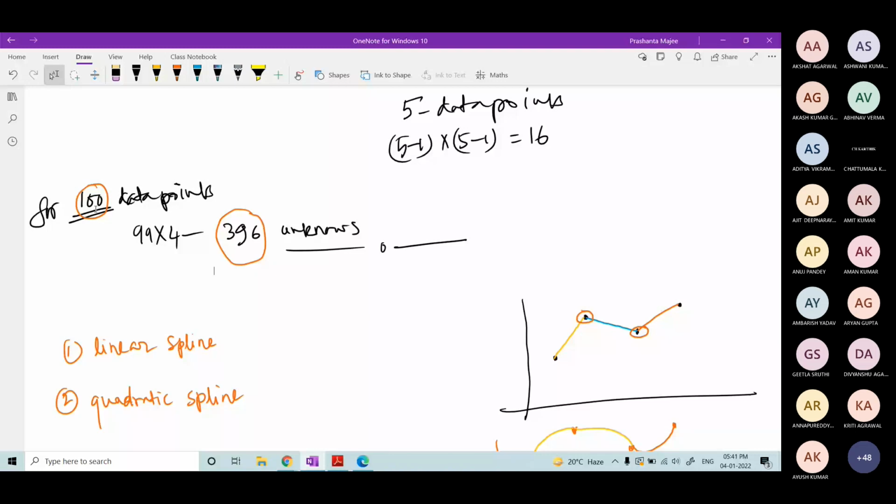And in formula 11, it will have a very simplified form. Since the data points are evenly spaced, what will happen? hi will be the same as hi plus 1, which will be, suppose, h. So you replace hi plus 1 by h if the data points are evenly spaced. Then you will have this simplified form. The system of equations reduces to this: mi minus 1 plus 4 times mi plus mi plus 1 equals 6 by h square times y i minus 1 minus 2 times yi plus yi plus 1. And the formula for Si(x) will be given by this.